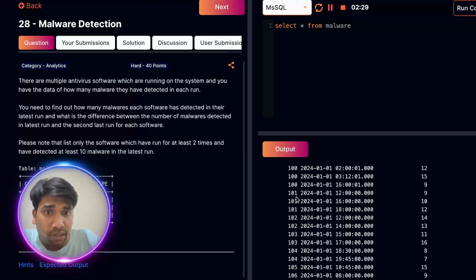If we see 101, then yes, we can consider this software ID because the least number of malware, which is 10, that is to be detected in the latest run is fulfilled. In this case, it is 12, and it has more than one run, at least two runs done by the software for malware detection. Okay, so with this, we have understood the question, and let me first structure how I'm thinking about